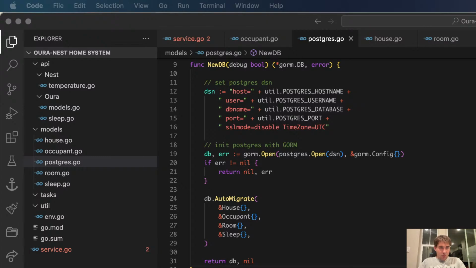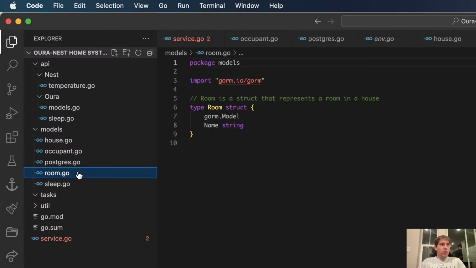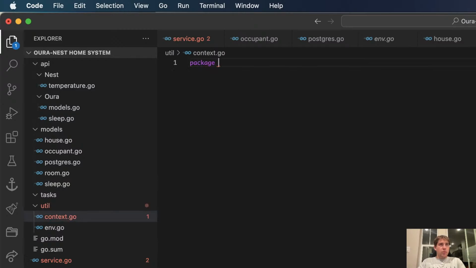Context with DB. Where do we define that? We define it in context util. That's fine. No, didn't want you to see that. That's all right. I'll do context.go util.